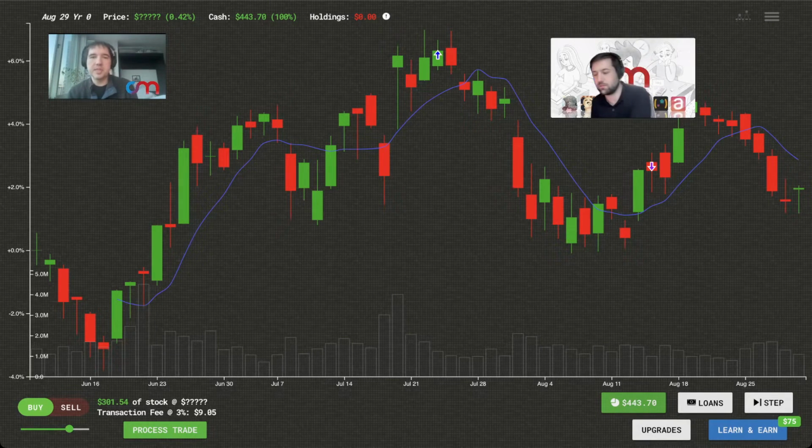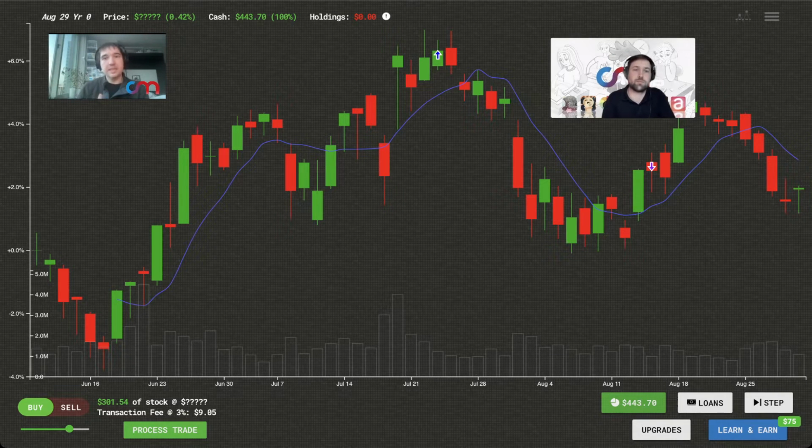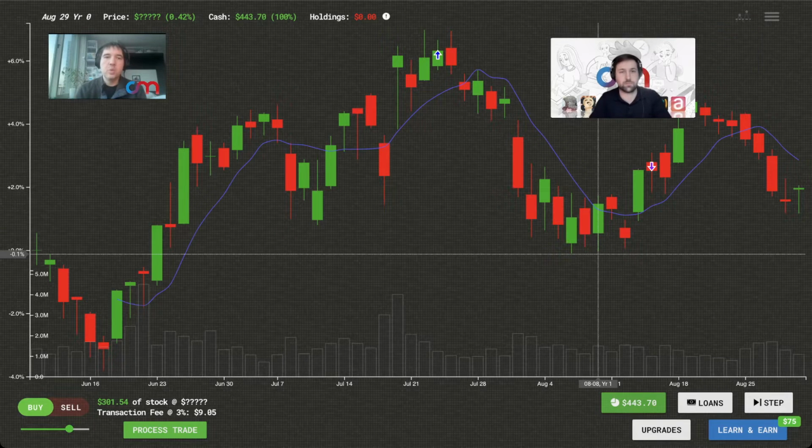A very, very simplistic example of a straight trading strategy that you might employ in the beginning of the game would be, there is some wisdom in the financial world that the trend is your friend. As something is going up, it is more likely than not to continue going up, and as something is going down, it is more likely than not to continue going down. So now that we've unlocked this 7-day simple moving average indicator, as you can see here, we can use that to establish how the trend is changing in the stock.